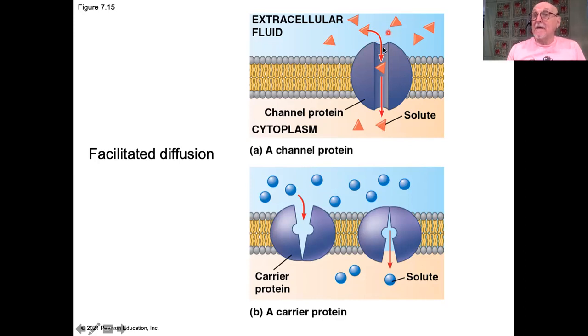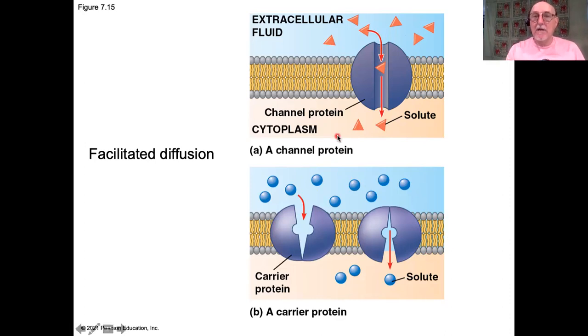Once the concentrations are equal on both sides, then net movement stops because it enters equilibrium. This is really important to realize. The system only works as long as there's a high diffusive pressure on one side than there is on the other. The other kind of facilitated diffusion is undertaken by these sets of proteins, which are called